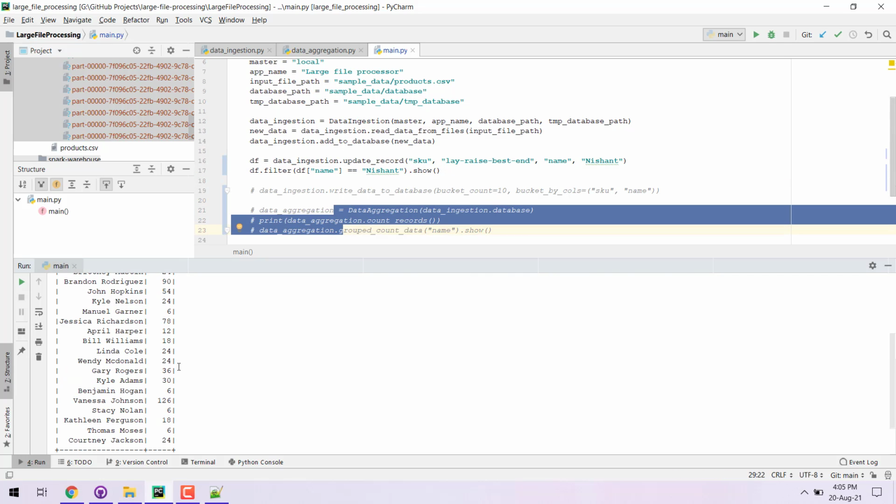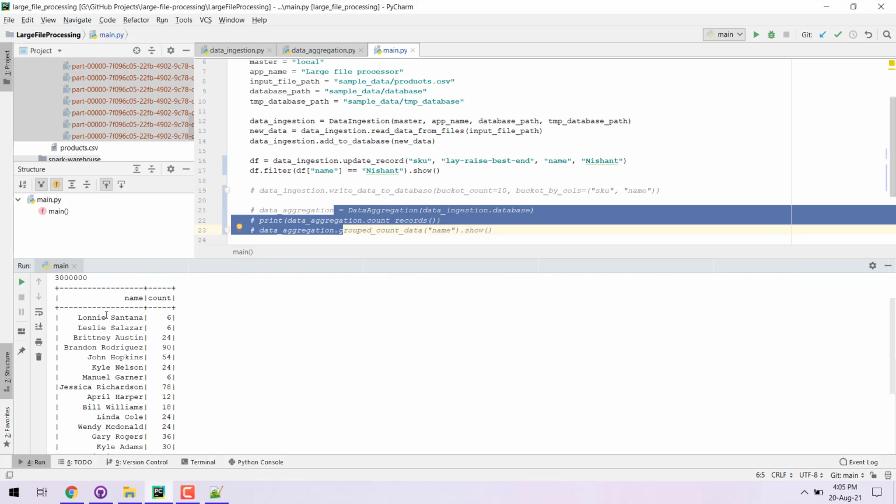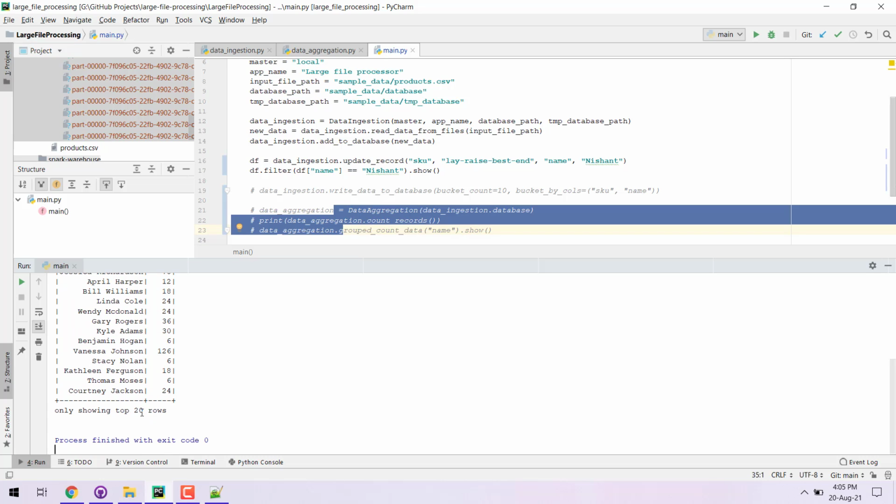Now before that we can see this data. So we already had 0.5 million records in our database which were already ingested, and then we ran for 5 more files. So that becomes a total of 6 times our data, our 0.5 million records. So this is 3 million records, and hence we have the count as, all of them will be multiples of 6 as we can see, and again it is showing only 20 records by default.